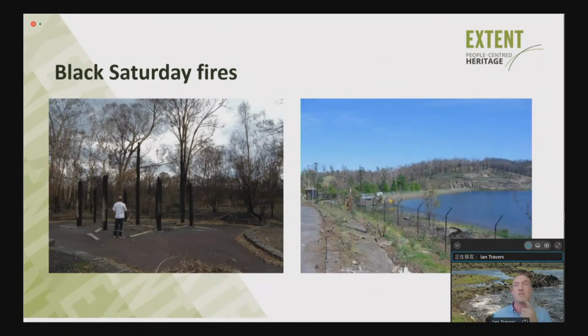Now, returning to the physical site, you can see that the reservoir park at Tauranga was completely burnt. So all the structures and facilities were destroyed, and most of the surrounding forest was also burnt out. Now, this was a fundamental problem in terms of the operation of the reservoir, because it was quickly realized that siltation into the reservoir was increasing because of the loss of vegetation. So runoff into the reservoir was bringing a lot of silt, and there was a very high risk that the dam would fail. So substantial works were undertaken to expand the dam, the priority being maintenance of health and safety,